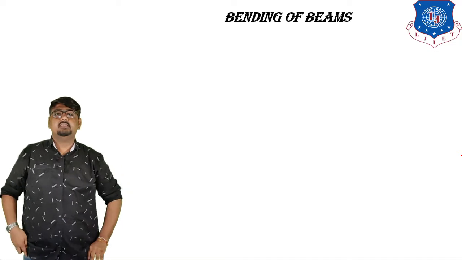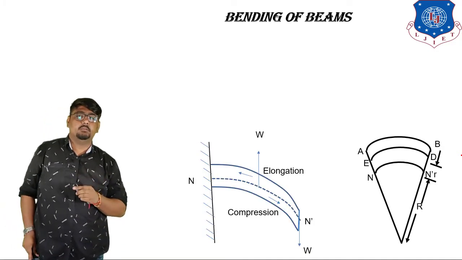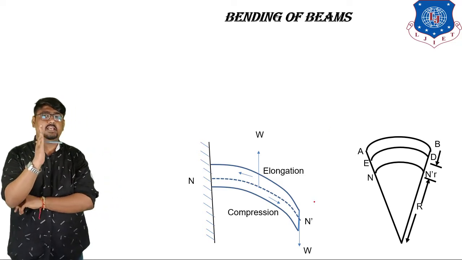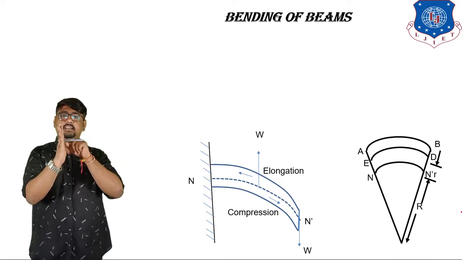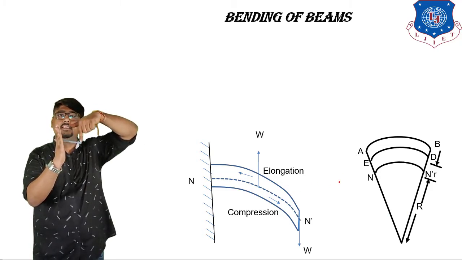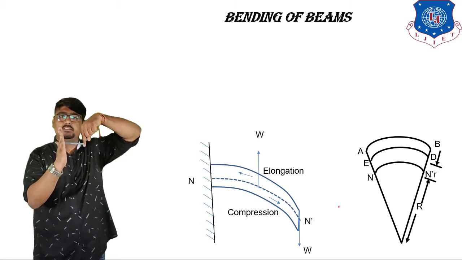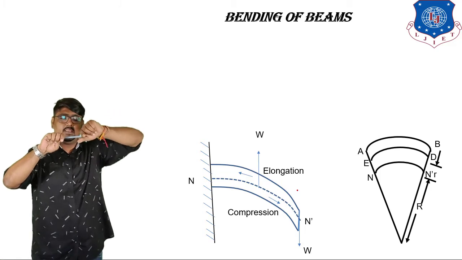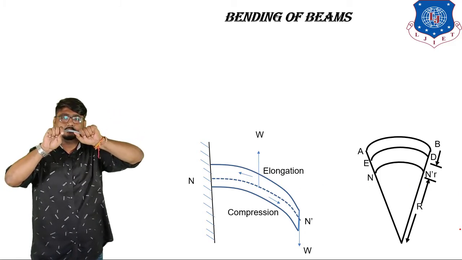For that, let us consider the example of a cantilever beam. You can do it by yourself at home as well. If you can see, this is a cantilever beam. The load is applied over here, load at the end, so a point load is applied. Let us consider this to be the fixed end. I am applying a load, I am bending it.